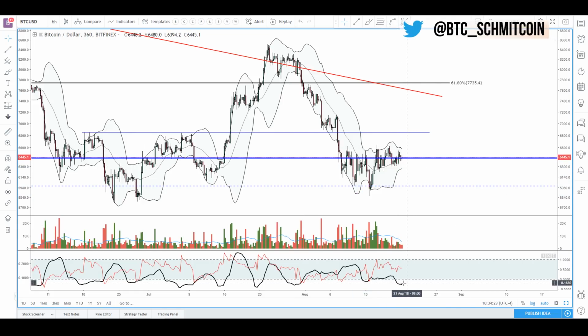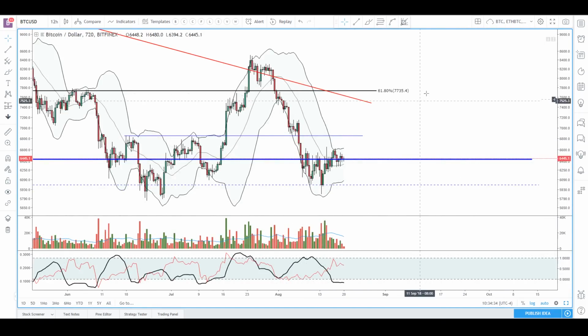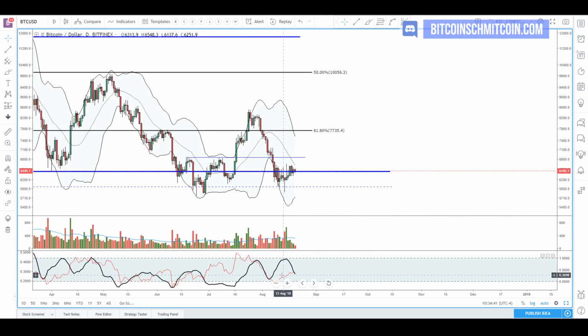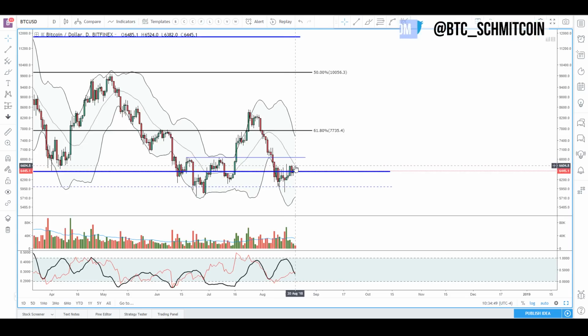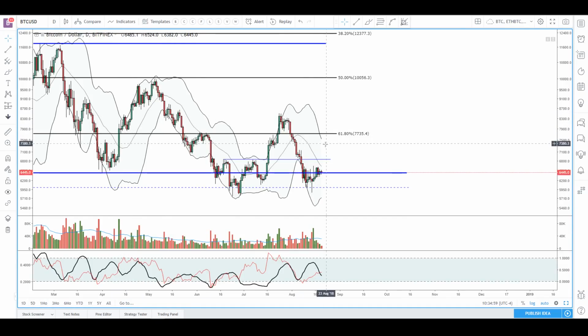So we see the 6 hour pulling in. If we look at the BBW, the 12 hour is starting to pull in, and now the daily is starting to pull in. We see that it's starting to squeeze to right about the same level it was on the last breakout, and it's kind of approaching the midline here. So depending on how it interacts with the midline of the BB bands, it's going to give us a lot of information. If it breaks through the midline, there's a very good chance it returns to the top of the BB bands. But if it gets rejected, there's also a very good chance that it does something like this,